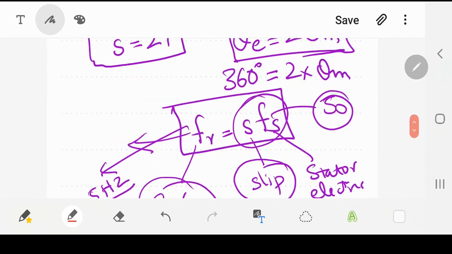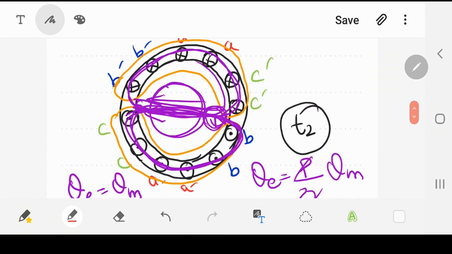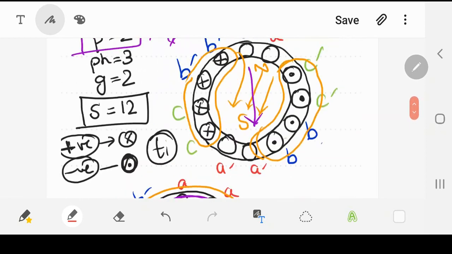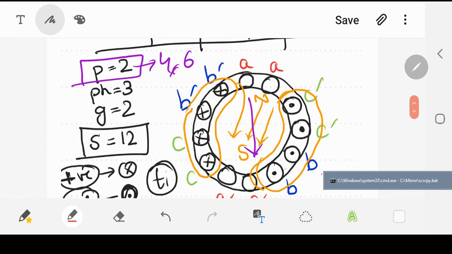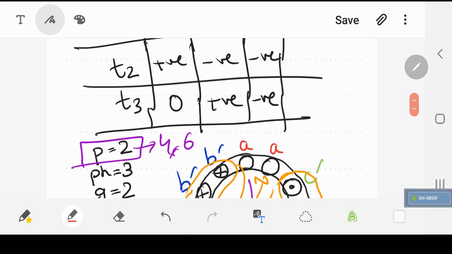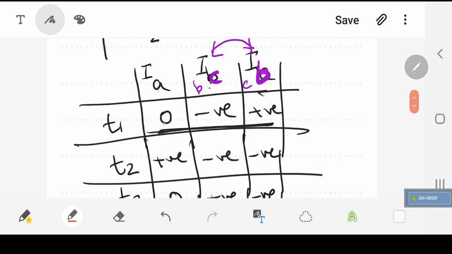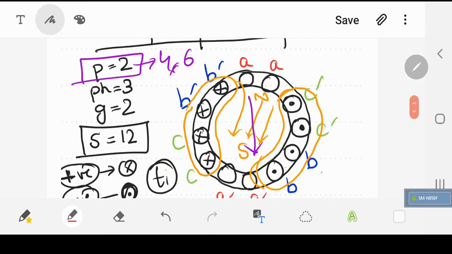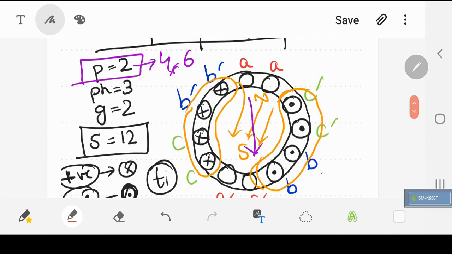If I go back on my PDF file again, this was a distributed winding. Okay, this was a distributed winding, or if I go back over here, this one is a little clear now. What was happening? This was time t1, and at time t1 you had Ia equal to 0, which means that the phase A winding current is 0. IB, this was actually first of all IB, I changed this for IC. If you change the phase sequence, IB is negative, IC is positive. So when IB is negative, BB is going to be dot dot and this is going to be cross cross, and similarly for C it's going to be cross cross and this is going to be dot dot.